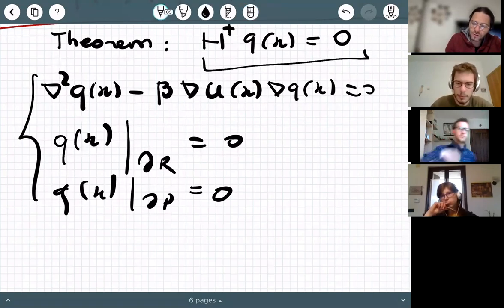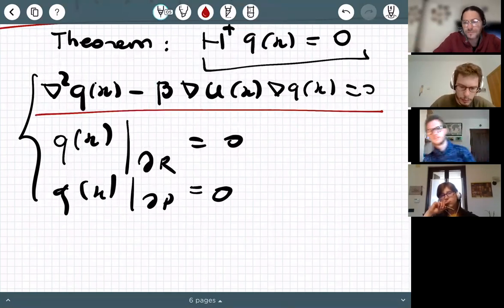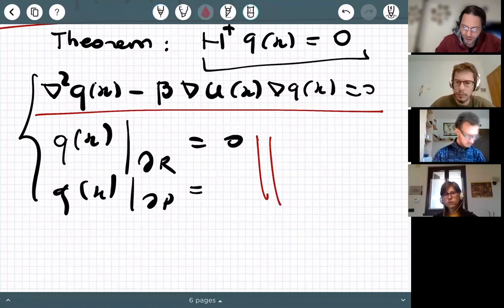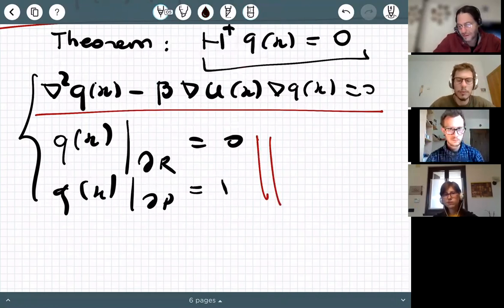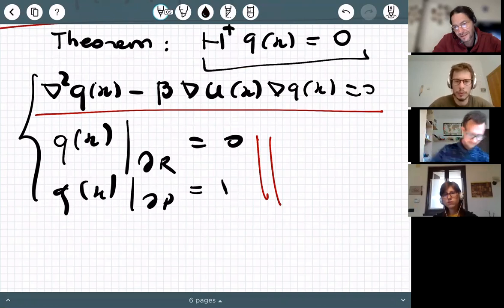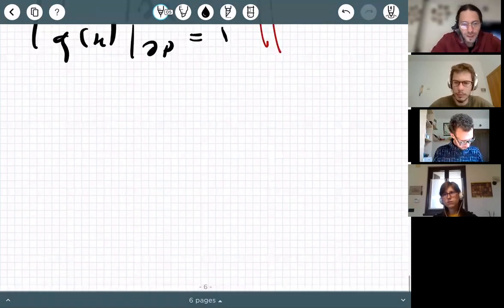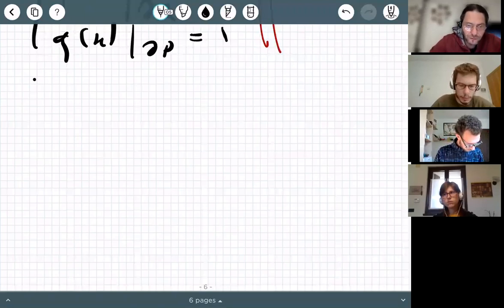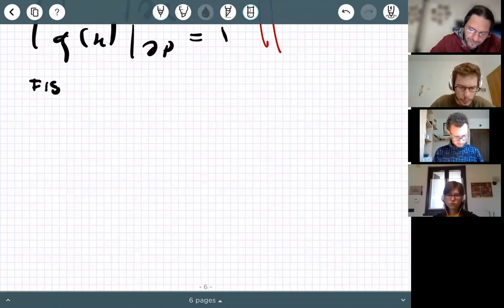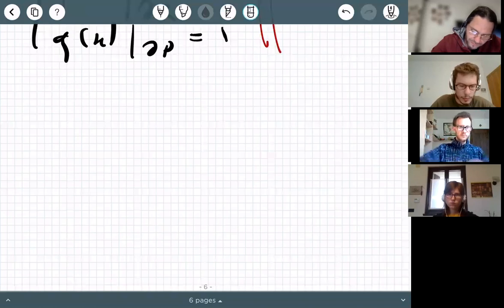Now I want to show you today this result. Okay, this part is obviously trivial. And of course, it's trivial and wrong as I wrote it. This is correct. So the idea is to define the so-called first passage time. Oh, I cannot write anymore.